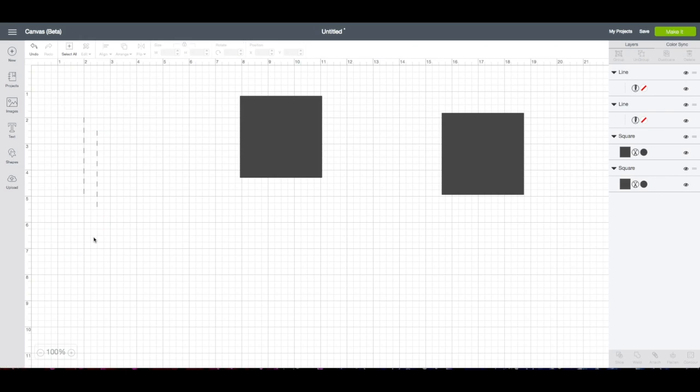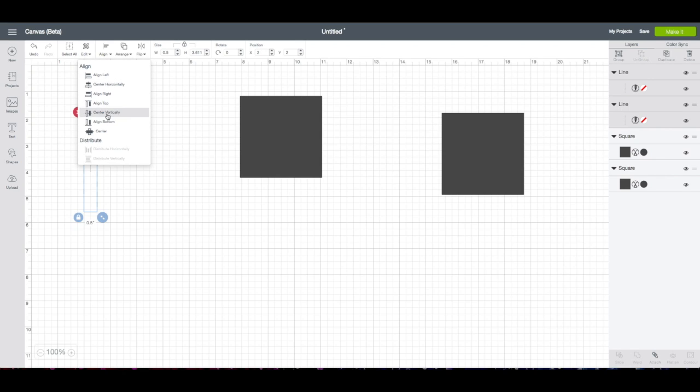And I selected 2 score lines because I have found whenever I use 2 score lines for my cards, they're folding much easier. So from now on, whenever I share a cut file with you and you see your machine scoring twice, that's why. So let's go ahead and group this together, and we'll align this and make it center,